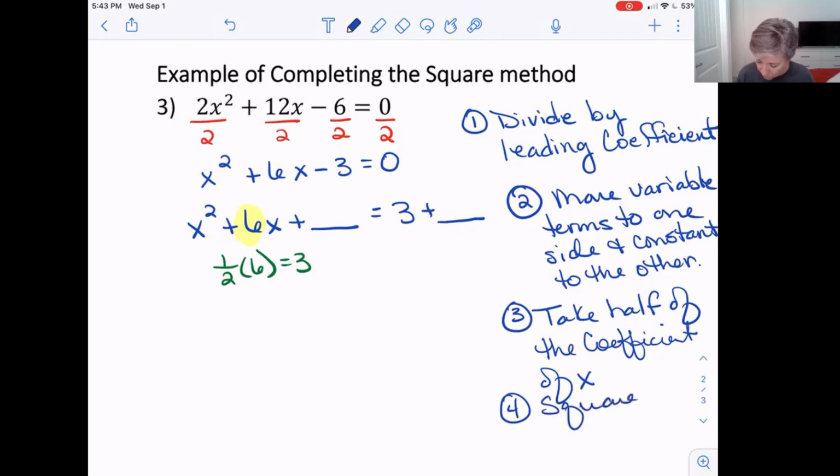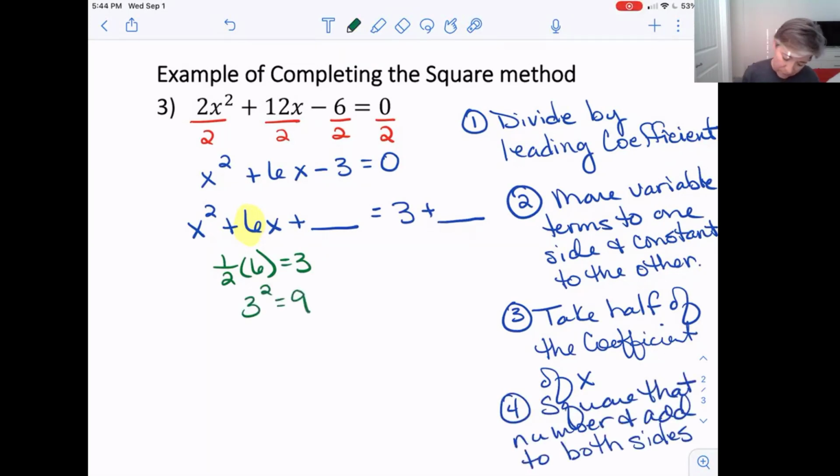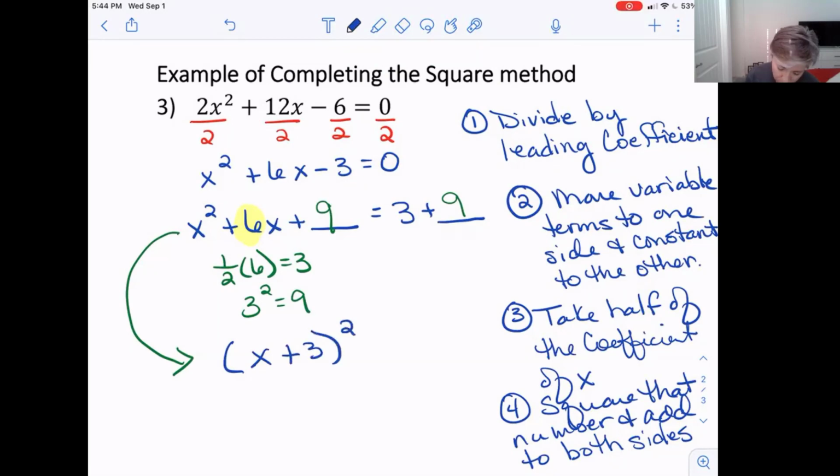And then we're going to square that number and add it to both sides. So we're going to add a 9 here, but to keep it equal, we're going to add a 9 to the other side. If we have completed the square correctly, that trinomial will automatically factor into (x plus 3) squared,